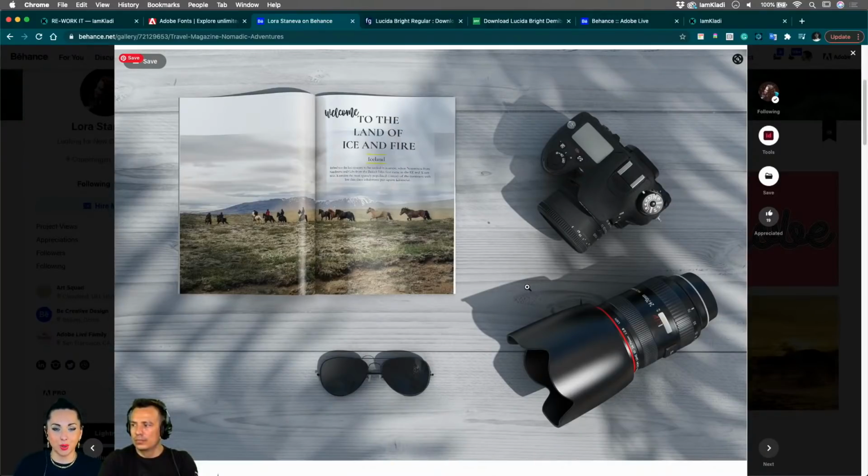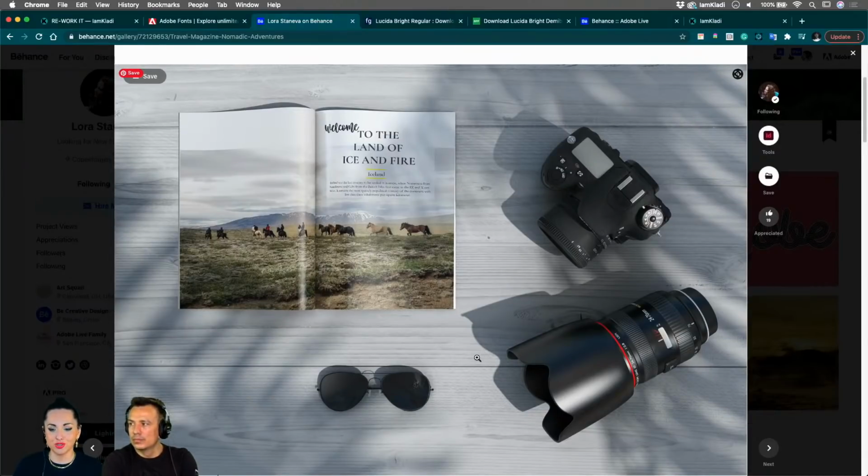So as you can see, Laura has actually contextualized the project into a magazine, and we have this beautiful, very gorgeous mockup that not only talks about the fact that we're looking at the artwork inside the magazine, but we also have the camera, because there are a lot of photographies inside the magazine, and we have a little bit of this nature coming through with the shadows. So Laura, that's a 10 out of 10 in terms of really ticking all the boxes for your presentation, for your work.